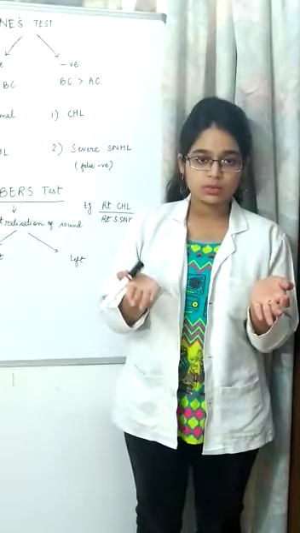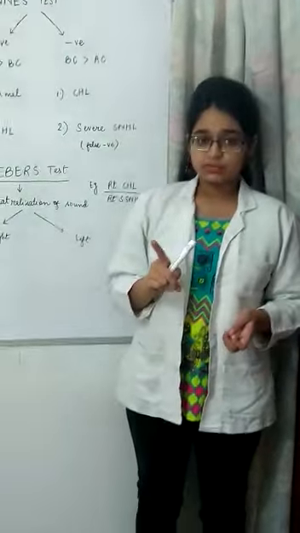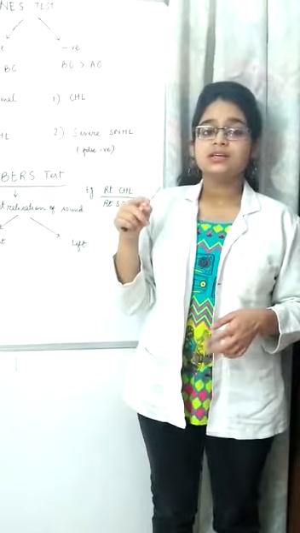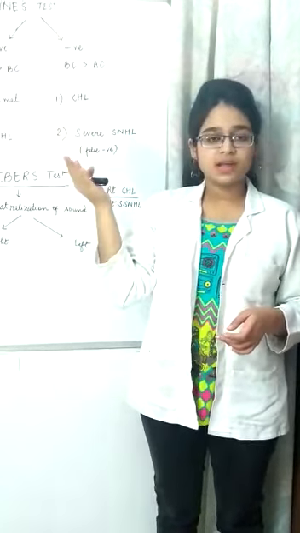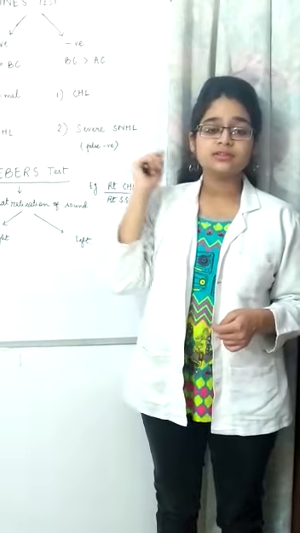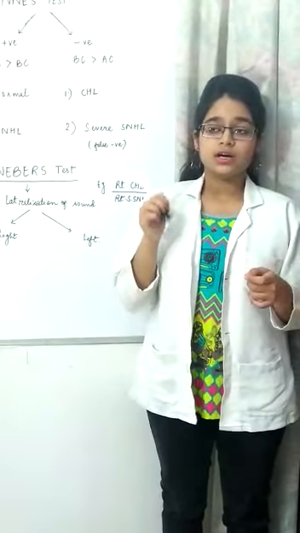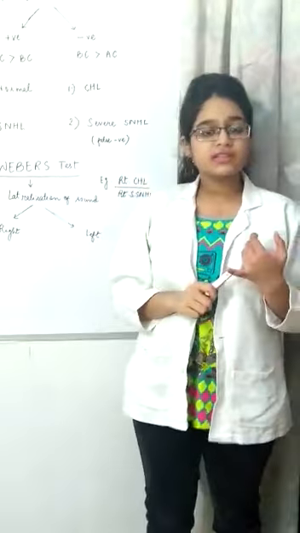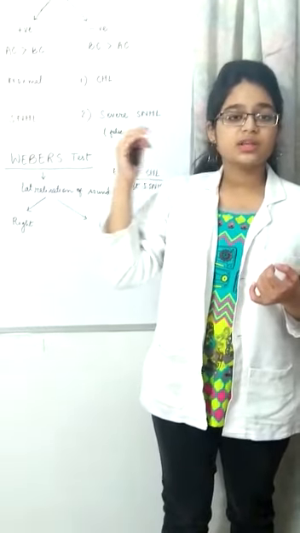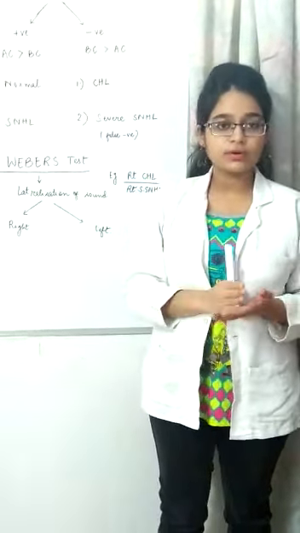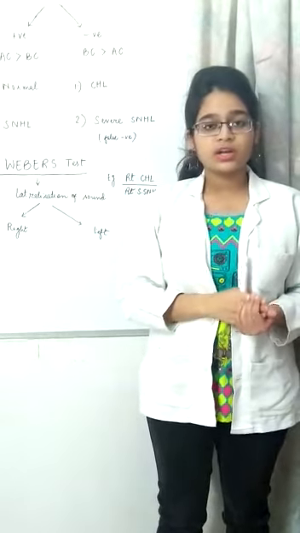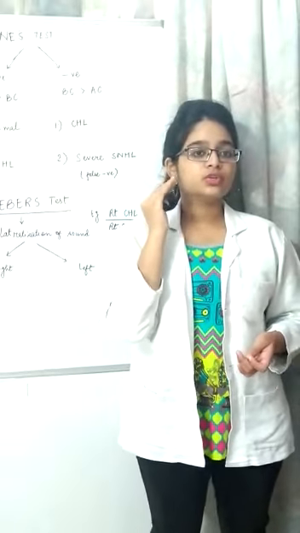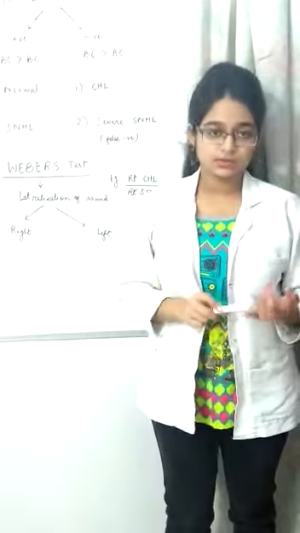So what are we testing in bone conduction? We are testing the cochlear pathway, the sensory pathway, but not the conductive pathway. That means if I am having any conductive pathway pathology, the external sound is not coming inside my ear and interfering with the vibrations which I am putting via Weber's test. There is no interference of the sound from the air conduction. The conductive pathway is not working. There is only bone conduction. So definitely the sound will be heard better in that case, and that will be towards the right side where I will be having a conductive hearing loss.